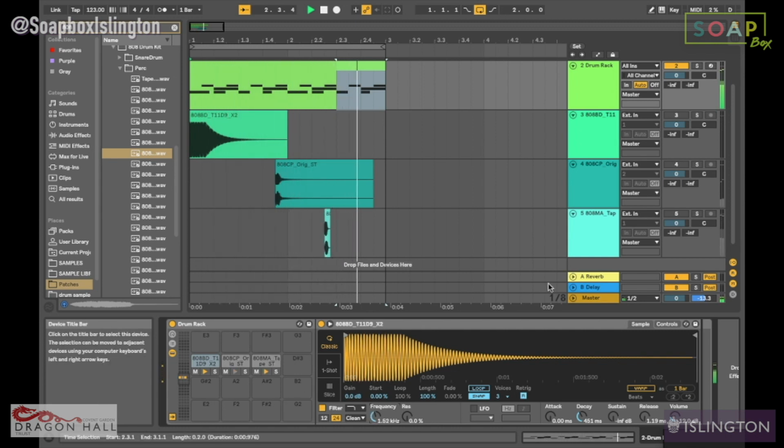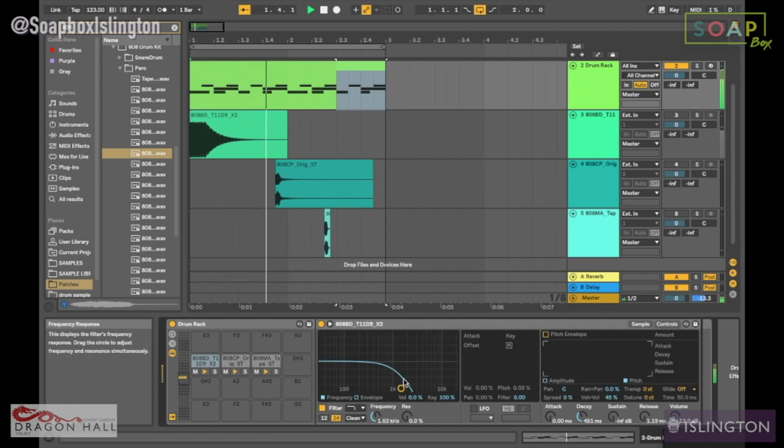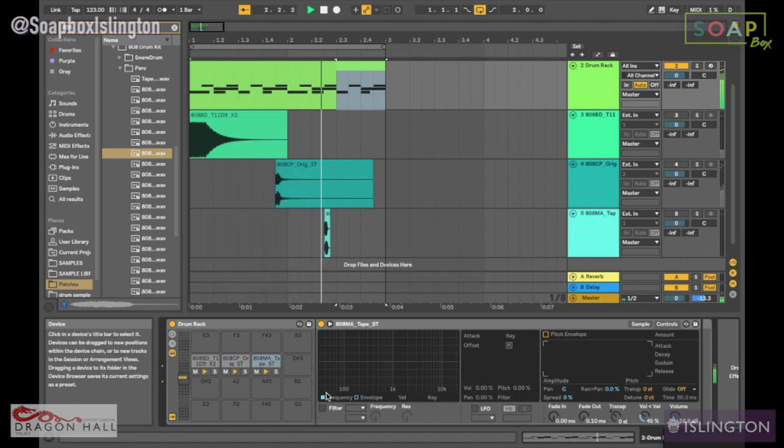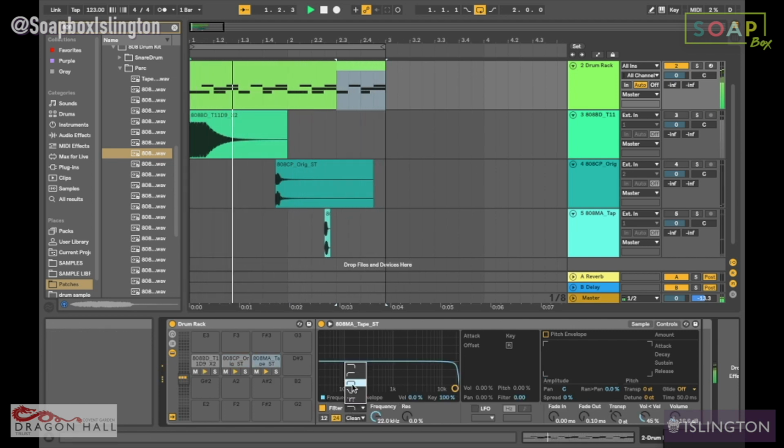If you use your filters, by hitting controls here, you can actually get a bigger view of your filter. I'll do the same thing here, but I'm going to use a high pass filter and take out the low frequencies at that clap. Possibly maybe use a band pass filter just to